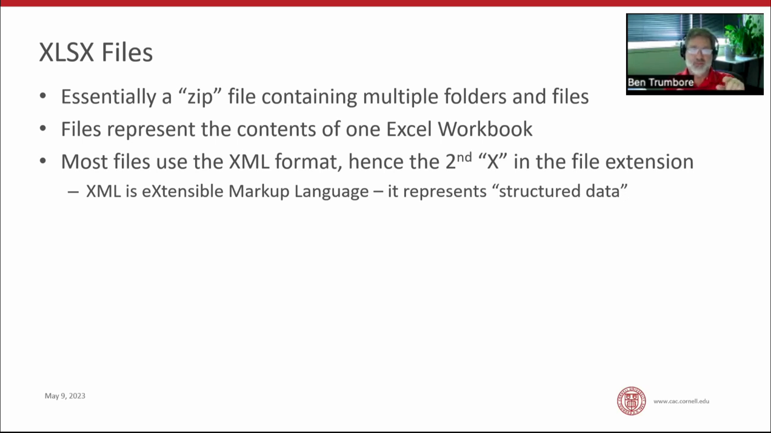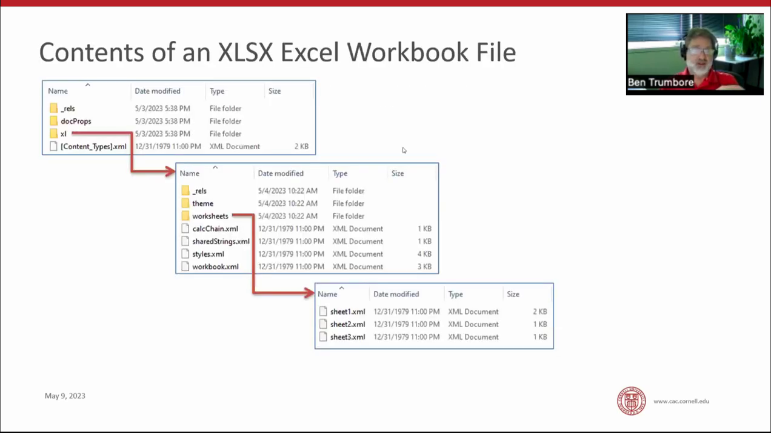And so Microsoft differentiated XLS from XLSX by putting the extra X at the end of the file name. If you have an XLSX file, you can actually open it with a program like WinZip or 7-Zip and see the contents of it. I've done that, and I'm going to show you the contents of a sample file that I'll be using throughout the demonstrations today. So I opened an XLSX file with 7-Zip, and at the top level is the